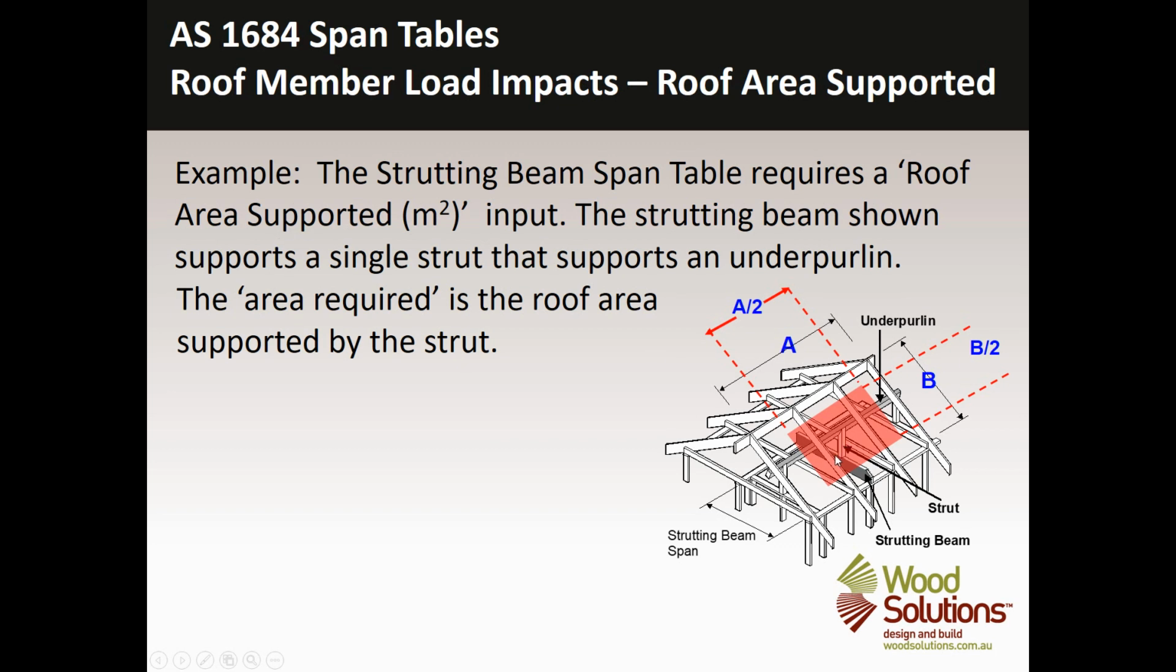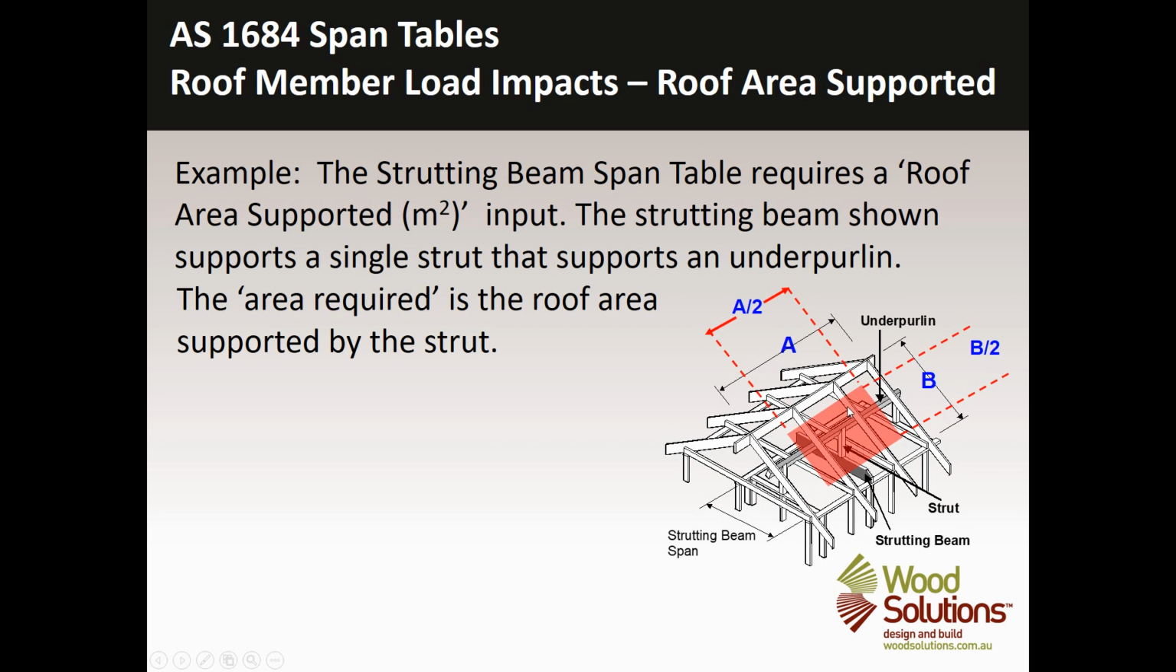When we get into roof area supported, once again the very similar concepts apply. So the strutting beam span table requires roof area supported in square metres. The strutting beam shown supports a single strut that supports an underpurlin. The area required is the roof area supported by that strut. The way that we calculate the extent of that is with this underpurlin being located midway. Well, actually, even if it's not exactly midway, it carries half